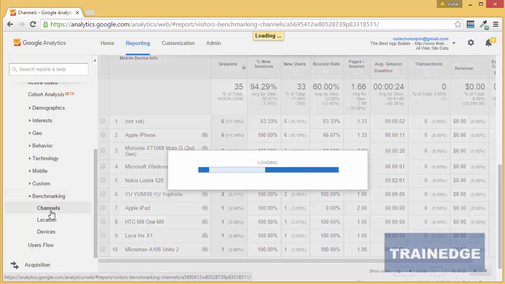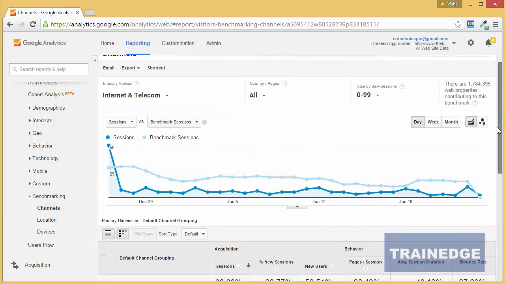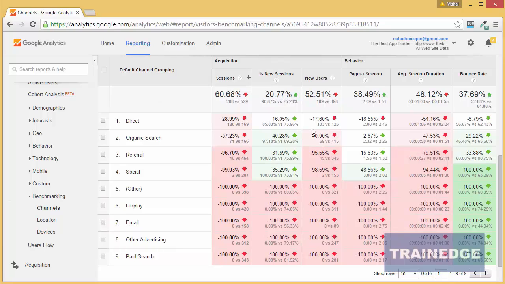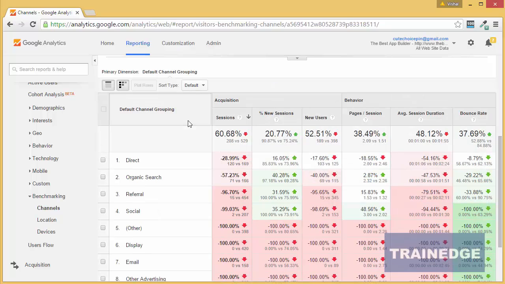The channels report tells you how your site is doing compared to your industry for different channels that bring people to your site. A red arrow shows that your site is doing worse than average. A green arrow shows your site doing better than average.